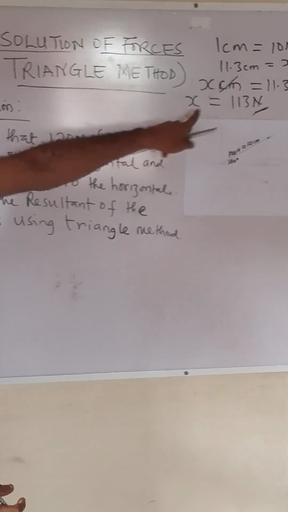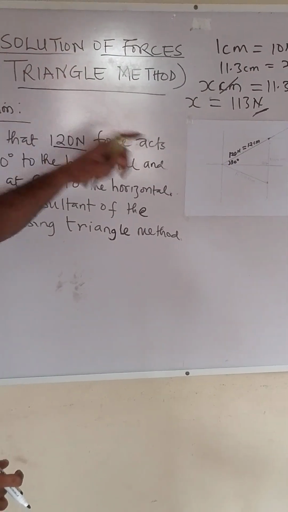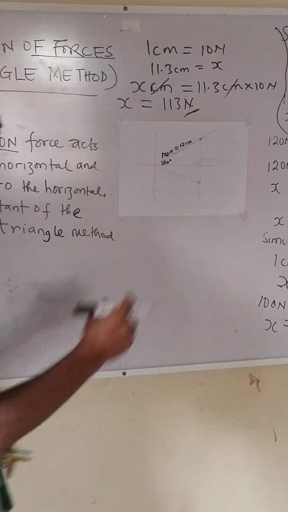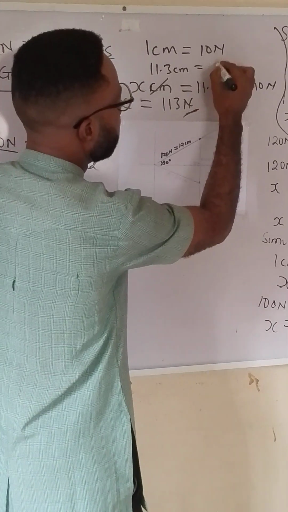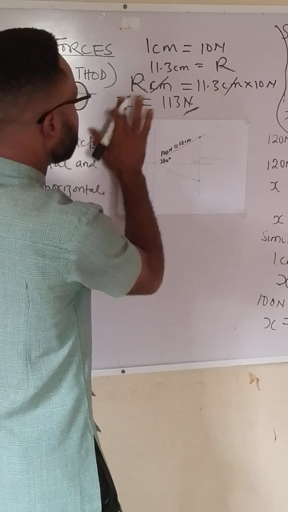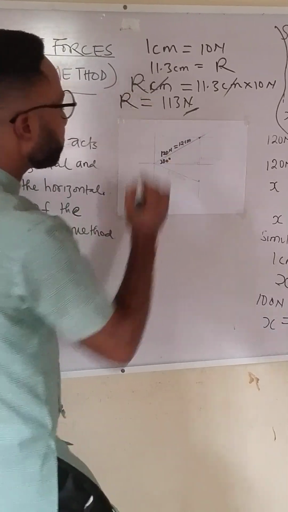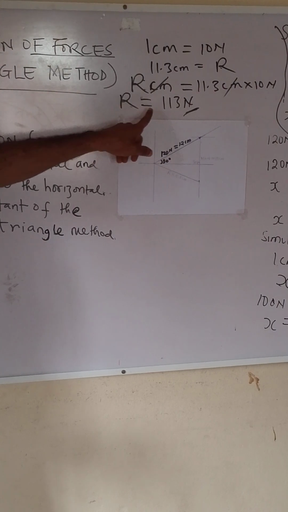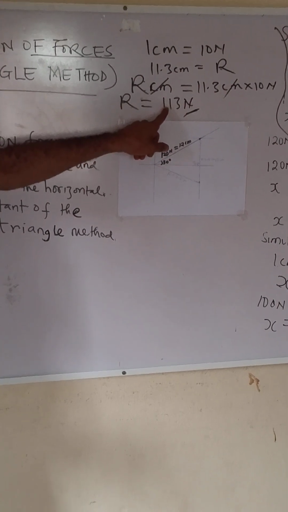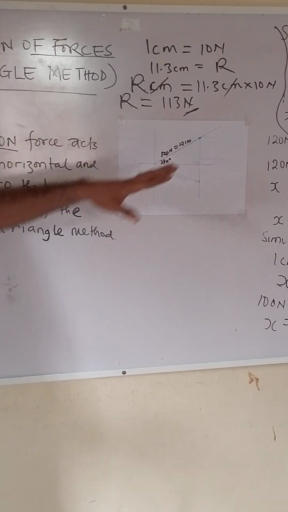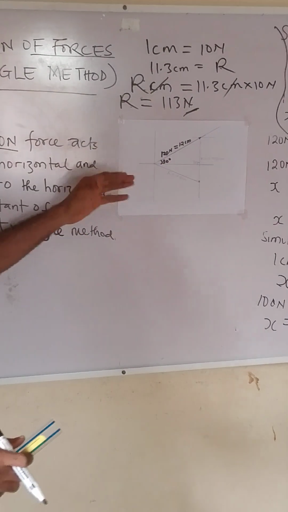So this is now our resultant. Since we represented our resultant with R, we can say R equals 113 Newton. This becomes our resultant in Newton. So basically this is how to find